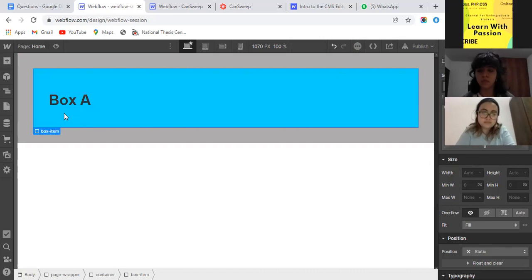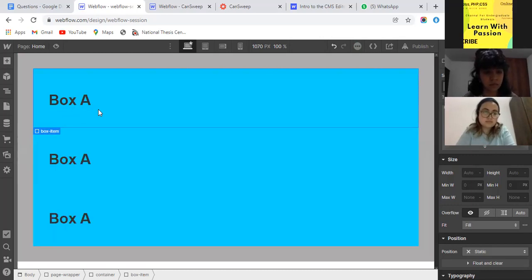We need three boxes. Let me select this box item and use Control C and then Control V. Now we have three boxes, right?